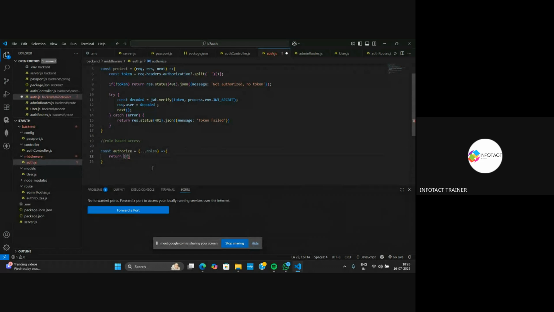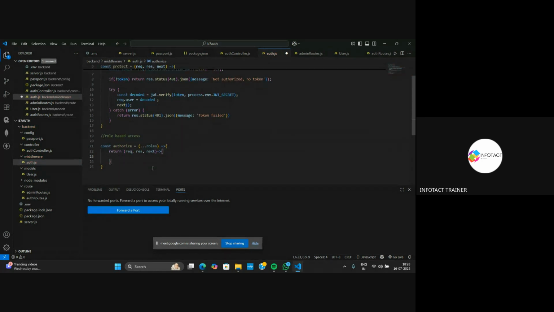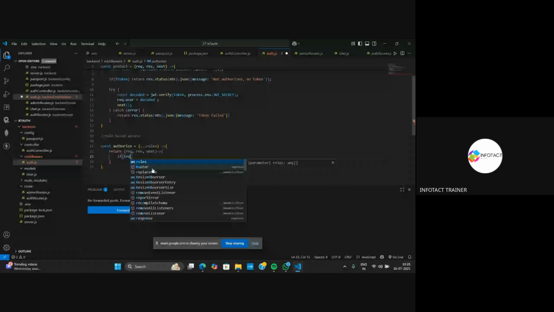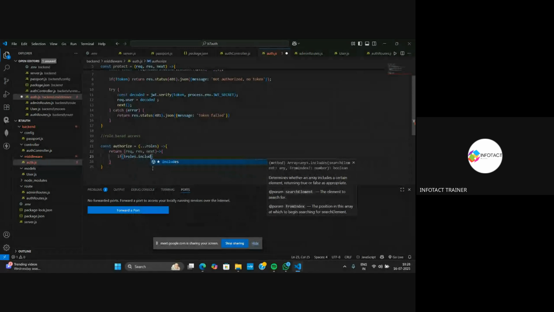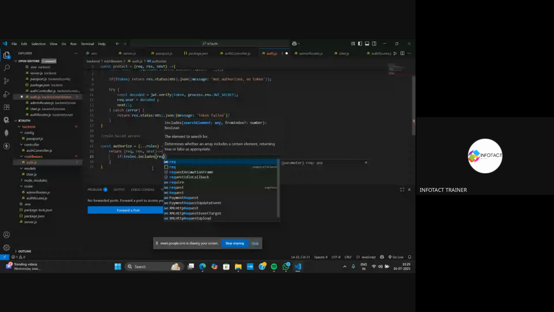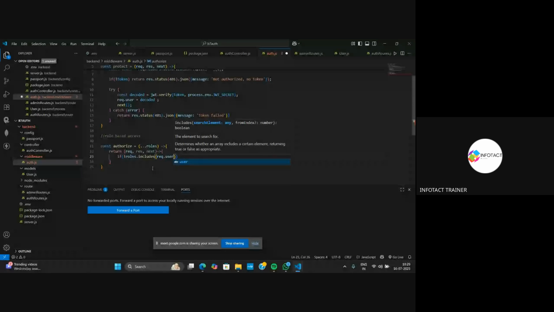a method inside which I am again going to take request, response, and next. And again, this one is an arrow method. After taking the roles, it will provide a statement, that is a conditional statement, where it will check whether not roles dot includes, and here it will take request from the user. It will take role,